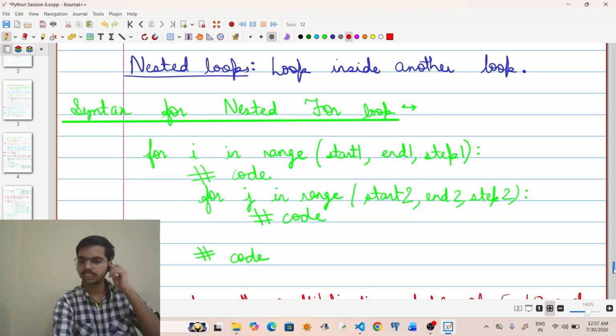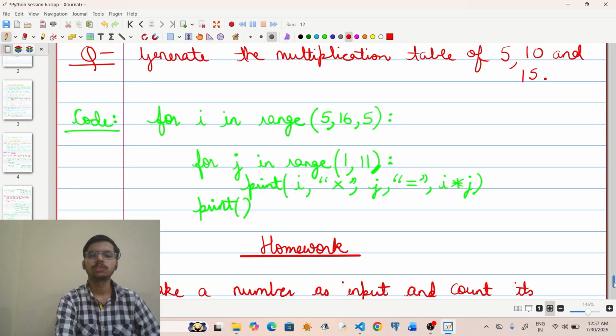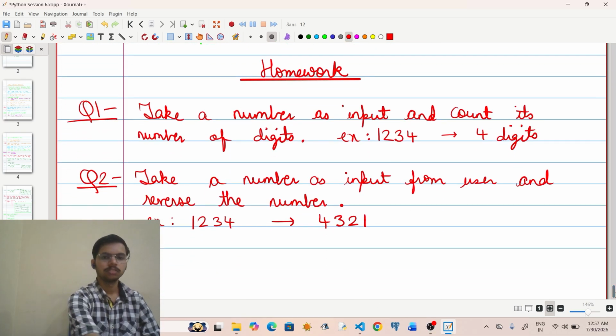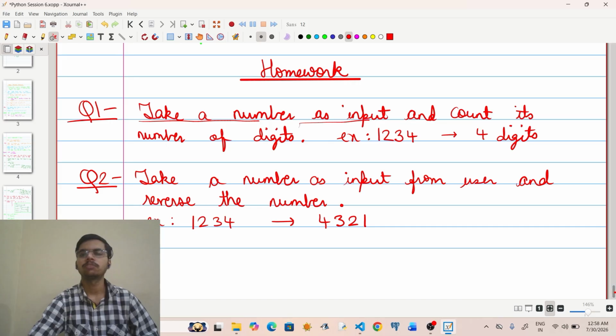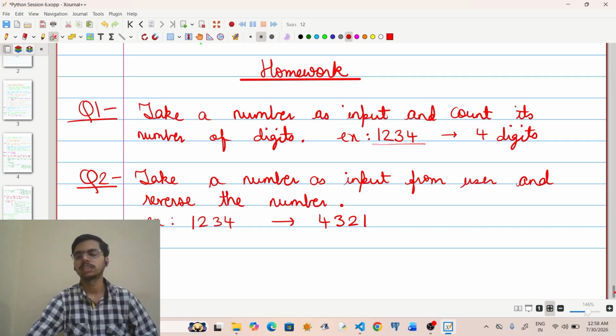Now this particular session is over. Now I have certain homework questions for you as well. I have 2 questions for you. The first question is, you have to take a number as input from the user and count its number of digits. Suppose the number is 1234, so it has 4 digits. So you have to display 4 as your output. This is the first question. It is an easy question,